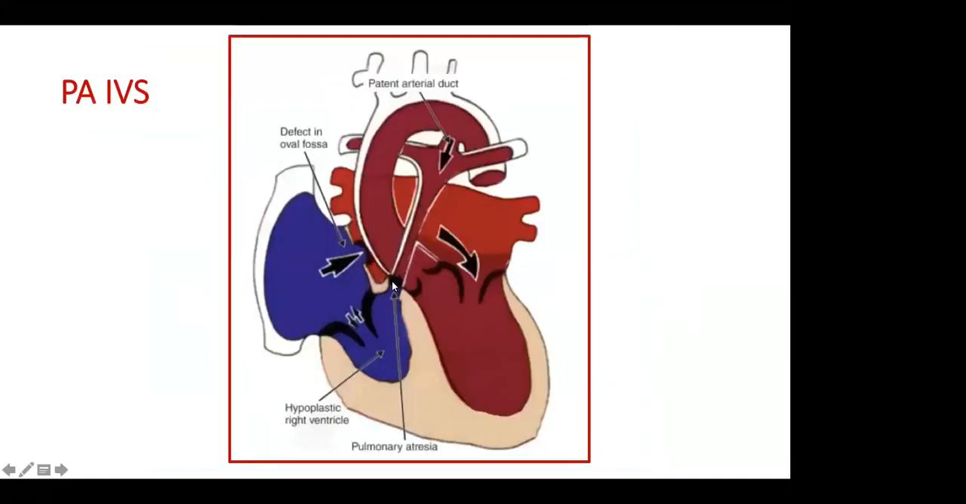In a more severe right-sided lesion, the pulmonary valve is not formed at all. So this is pulmonary atresia, and this patient has no VSD. So this is called pulmonary atresia with intact ventricular septum. This is a very bad congenital heart disease of the right side of the heart, because the right heart has to pump the blood against an atretic pulmonary valve,